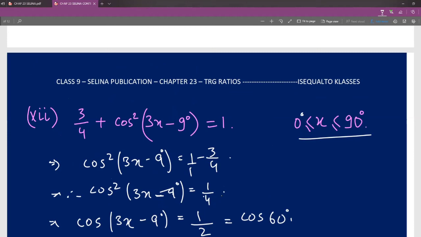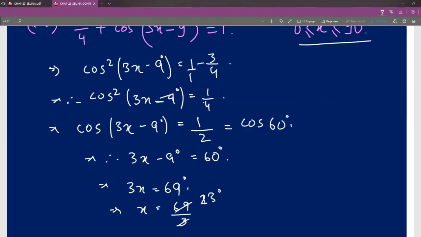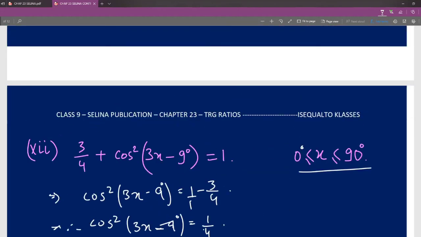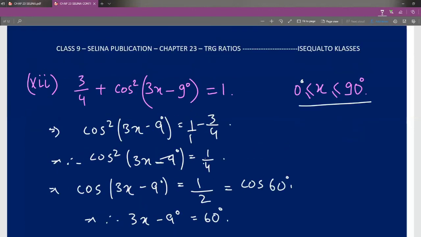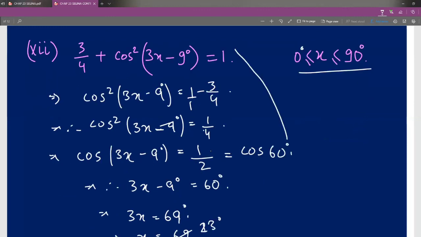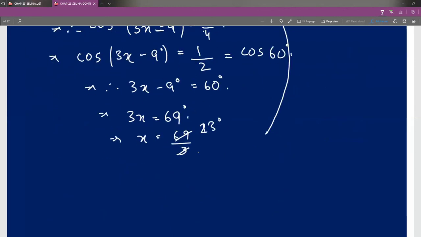I'll use the same logic as I've done in my previous sum. I'll substitute where there is x, instead of x, I'll write 23 degree. So you have to follow the same process, and then on both sides you'll get 1 is equal to 1. As I've said before, you could use the same logic: where there is x, I'll substitute the values and write 23 instead. Now I'll just show you as a demo. I'll write this down below and separate this.